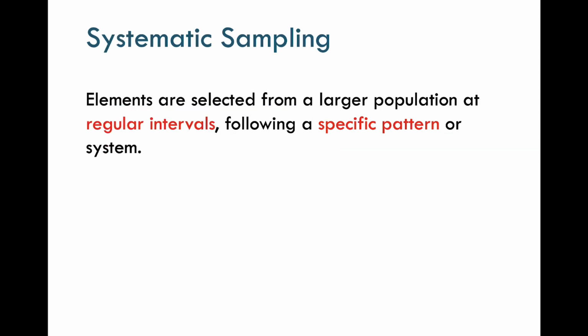Systematic sampling is the one whereby units are chosen from a larger population based on a regular interval following a specific pattern or system. Considering the same example whereby there's a book of 1000 pages and you want to read only 100 pages because of time constraints, and we know random sampling has certain limitations. In systematic sampling, you can read 100 pages in such a way that you read every 10th page. You read first page and then 10th page and then 20th and then 30th. So in this case, you will make sure that you will go through the entire book,